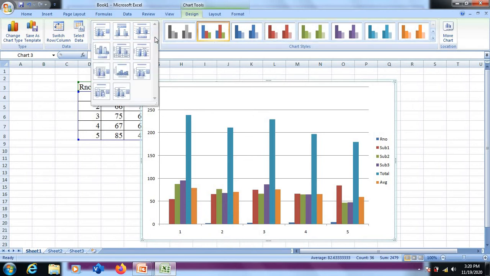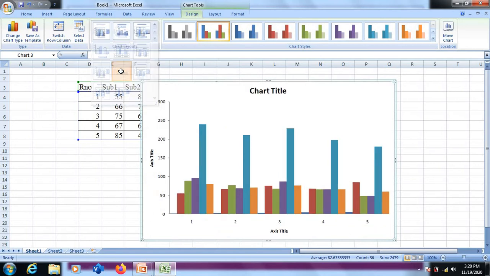And these are different chart layouts available in each category, with the grid lines, without the grid lines, etc. So this only will change the pattern of your chart. Nothing much will change, only the pattern will change. For example, let me select this. If I select this, as you can see on your screen, only the grid line will disappear. So nothing much will change. Outcome will be same, only the minor pattern will change.